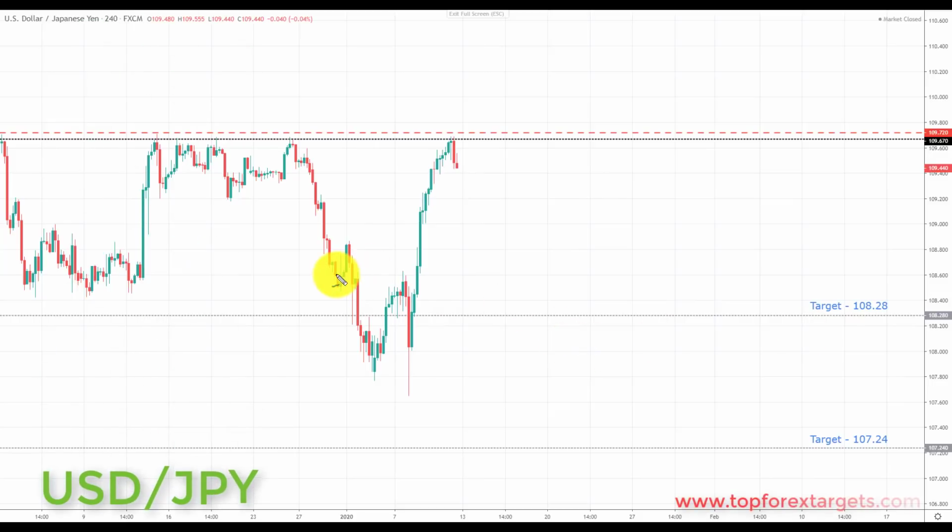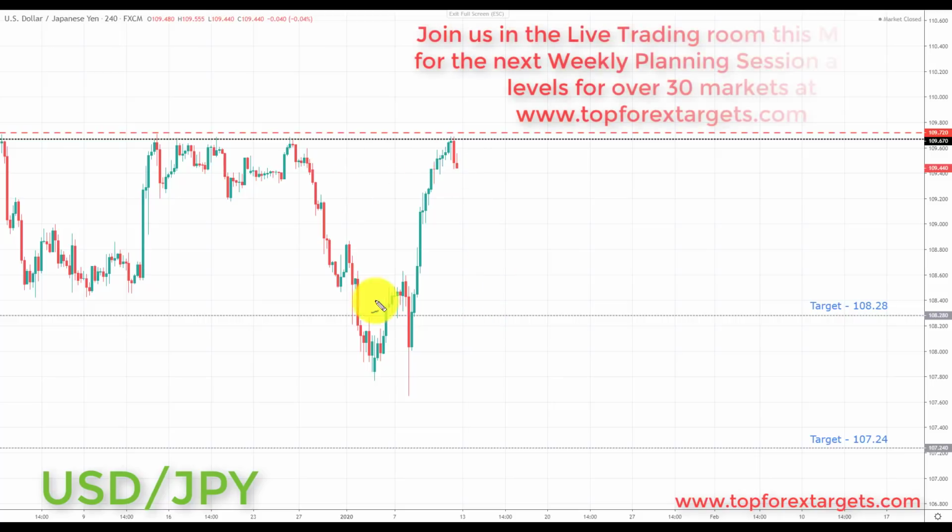So next market we're going to look at is the US dollar Japanese yen. Now, last week we had this kind of whipsawing to the downside and then the upside off the back of the US-Iran tension. So just bear in mind, with those ongoing tensions, they haven't completely finished just yet. So we do have some risk in this market and other yen pairs going into next week. So just bear in mind if you are trading these.